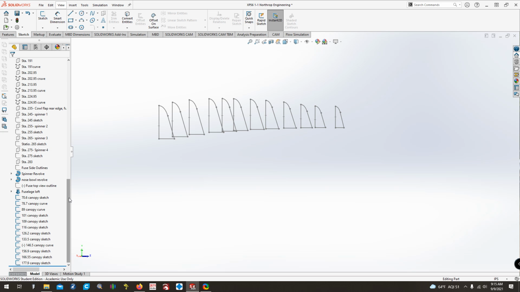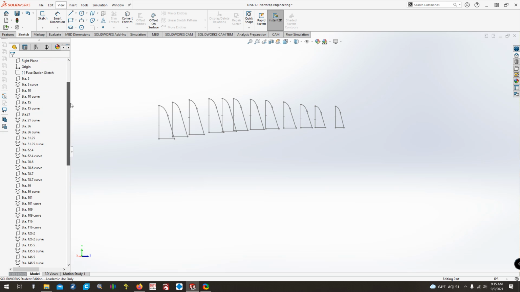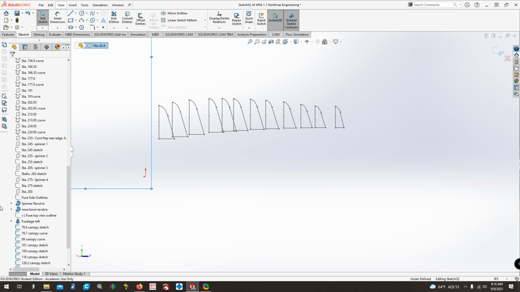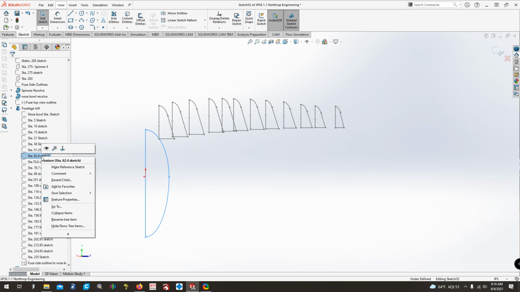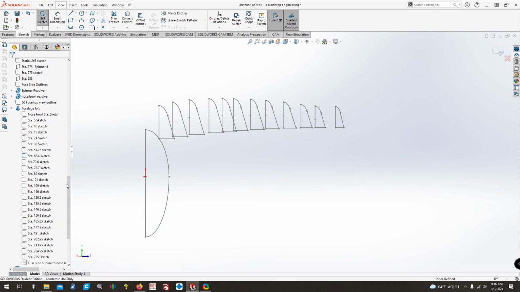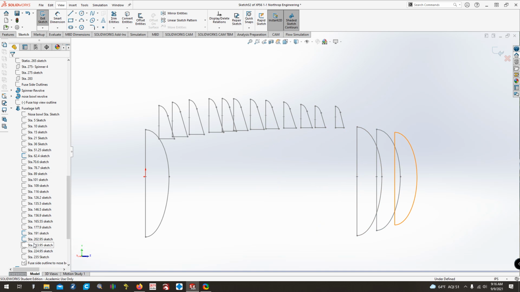So I'll just run through real quick, try and make life a little easier. Eventually, nothing is ever easy about doing all this stuff. I am going to need station 62.4 back, whatever it is, 62.4. I'm also going to need 191. I'm going through my data right now, looking to see what stations I have information for. And I even have some in here that aren't part of it. Like here on my data, I have a station